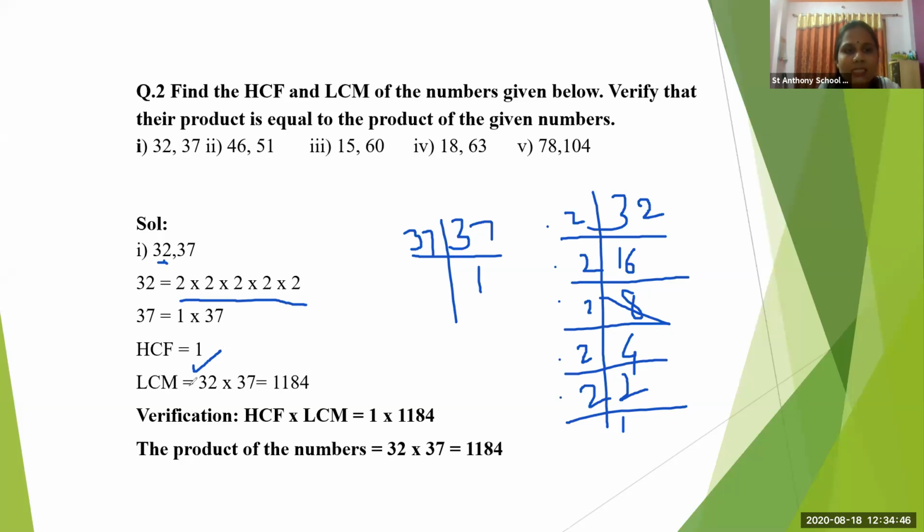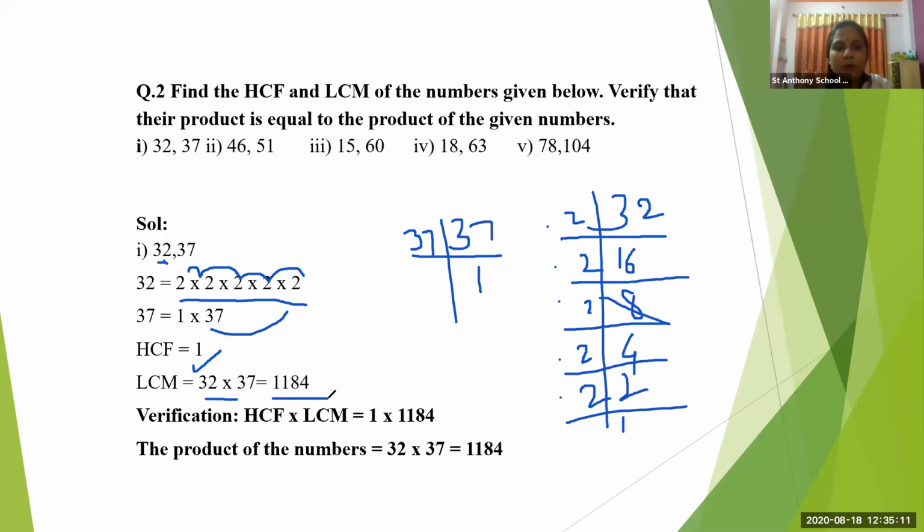Now what will be the LCM then? We multiply all the numbers, right? For LCM, 2 into 2 into 2 into 2 into 2, और ये remaining 37, right? So 32 into 37 will be our LCM, which is equal to 1184. ओके, अब verify करना है हमको कि HCF और LCM का जो product है, मतलब multiply करने के बाद